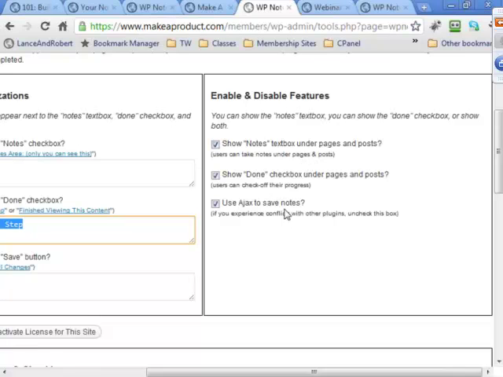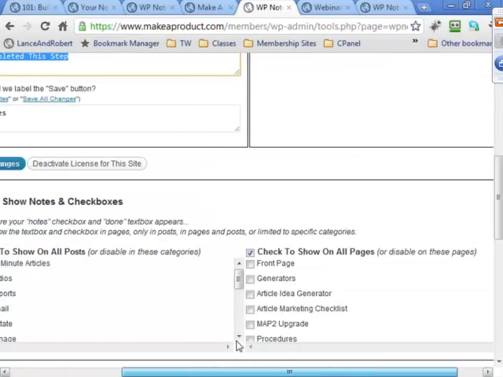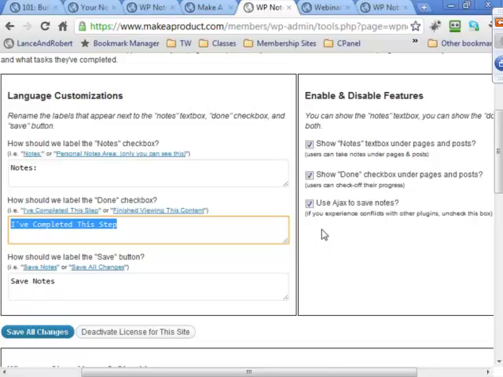You may have noticed when I checked stuff or when I typed stuff in, the system said it automatically was saving for me. That's Ajax. So, you know, some browsers, some sites will have conflicts with other plugins, some won't. So we give you the ability to have that autosave feature, or you can turn it off simply by unchecking the box. And the autosave feature is so cool because, I mean, usually, I don't know about you, Lance, but if I'm in a lot of membership sites or even on a free WordPress blog, maybe I'm watching a video, I go to leave a comment while the video is still playing, and then suddenly the video starts over.